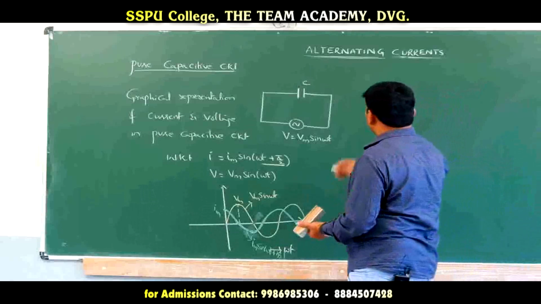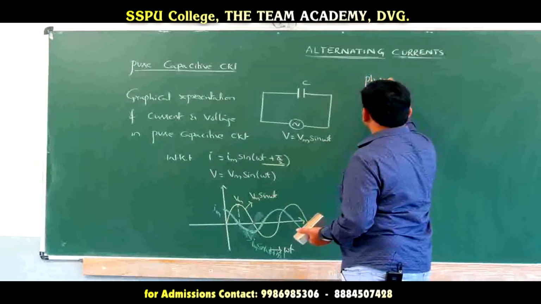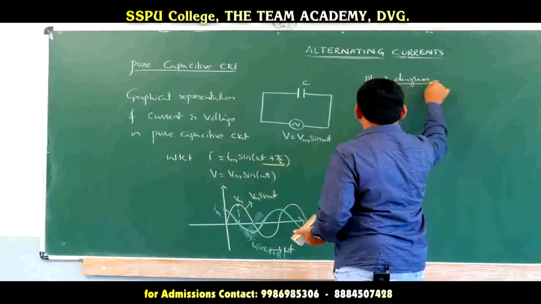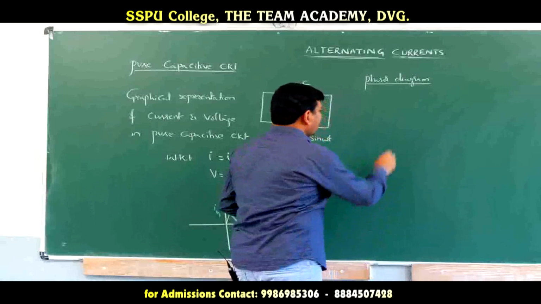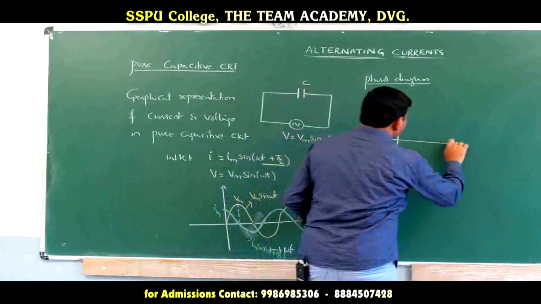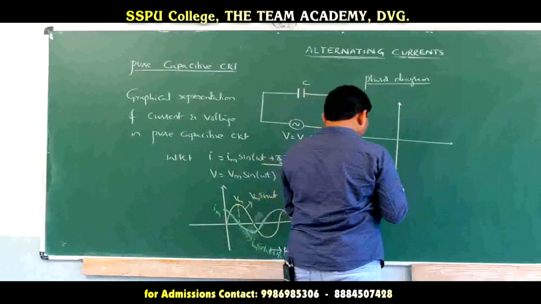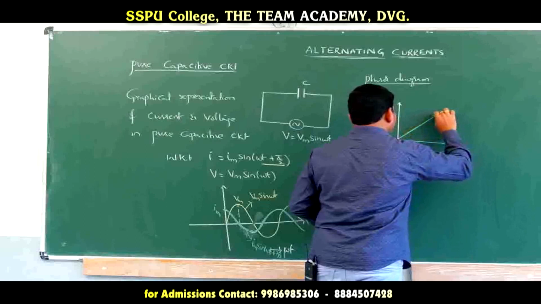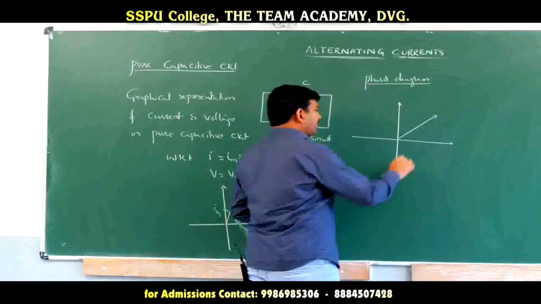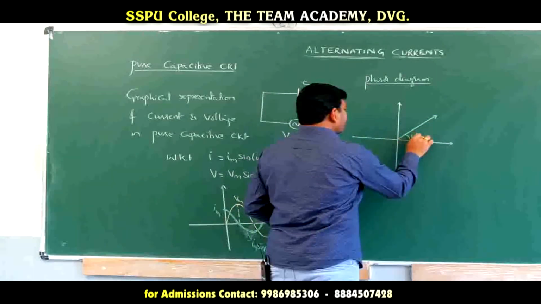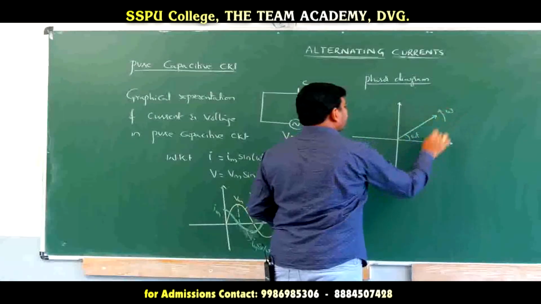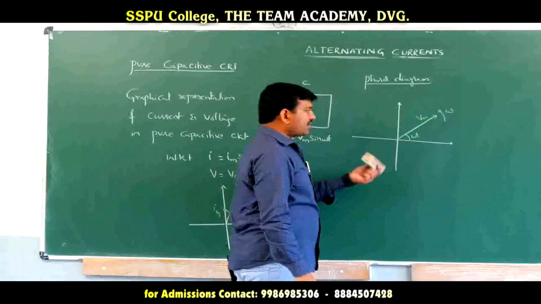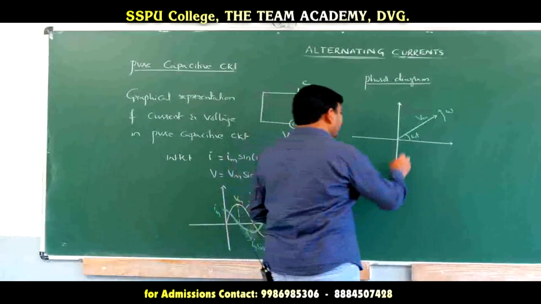Now we will be learning about the phasor diagram in this case. In this one, which one is leading? Current is leading the voltage. So let me take this coordinate system, and in this coordinate system, this is the voltage axis at some arbitrary instant of time. Now this is some omega t angle. The voltage phasor vector Vm is moving with an angular speed omega, and the current vector should be like this.